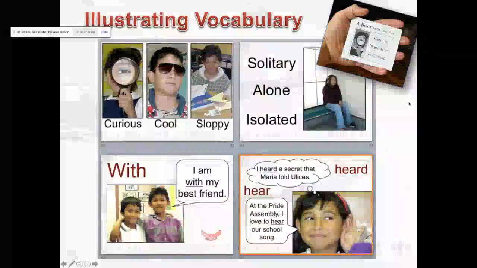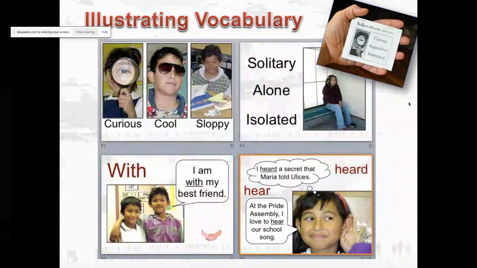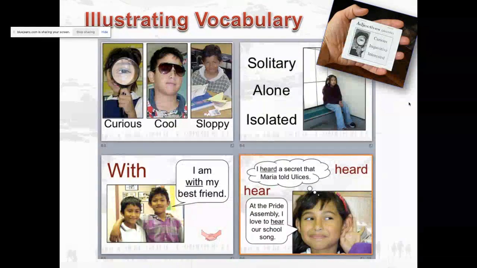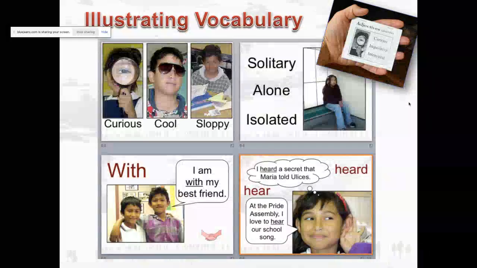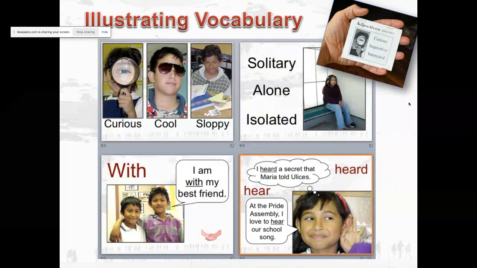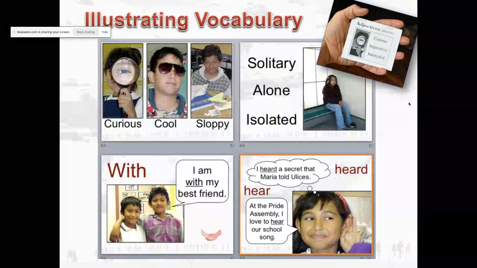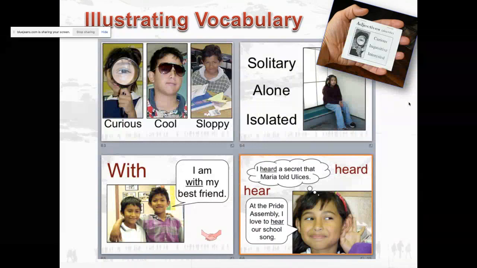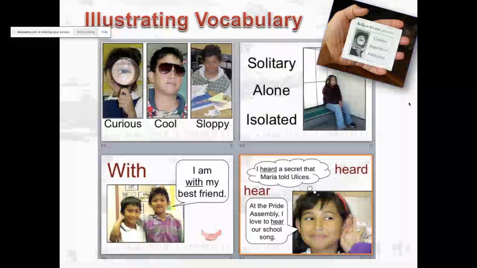Another way we've incorporated photography is having kids illustrate vocabulary words. Instead of saying, here's the list of words, go look them up in the dictionary, saying, here are some words, get together with a partner, talk about the word, see if you can come up with an understanding, and then show what this word looks like in a photograph. And then we're going to show that photograph to the rest of the class and see if they can guess your word. And we're going to talk about the meanings that you're making of the language that you're learning. When students go through this, they internalize it. They learn it so much more deeply.